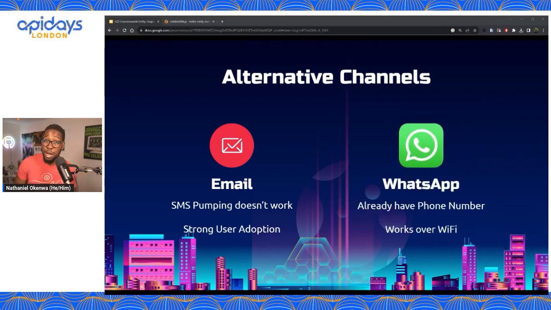Another channel that is becoming really popular that we are seeing is WhatsApp. So you already have their phone number. There is a high conversion rate. It's second factor, and it works pretty similarly in the end to the way SMS works. And also, you won't get charged maybe if the message isn't delivered. Also, it's really, really popular in certain countries. So, for example, in Brazil, in certain parts of Europe, WhatsApp is very, very popular, maybe even more popular than SMS as well. So, WhatsApp is maybe a good choice.